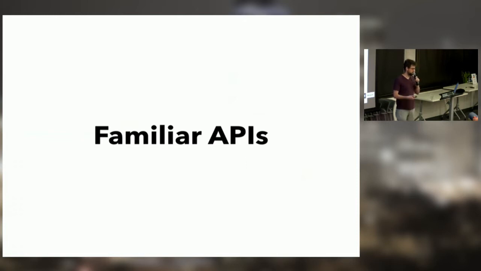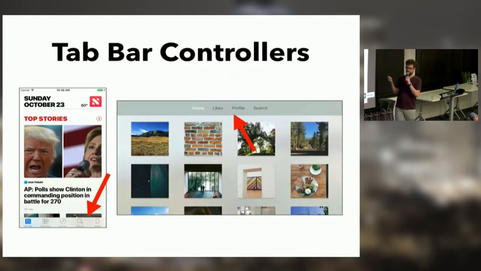It's basically UIKit, so a lot of things that you see in UIKit are going to be very familiar to you. Notably, a lot of the core view controllers that you might use are around. So first of all, tab bar controllers. A lot of these components are just reskinned for tvOS, but they're literally exactly the same. So this is a UI tab bar controller on iOS and a UI tab bar controller on tvOS. They look a little bit different, but they operate largely the same.